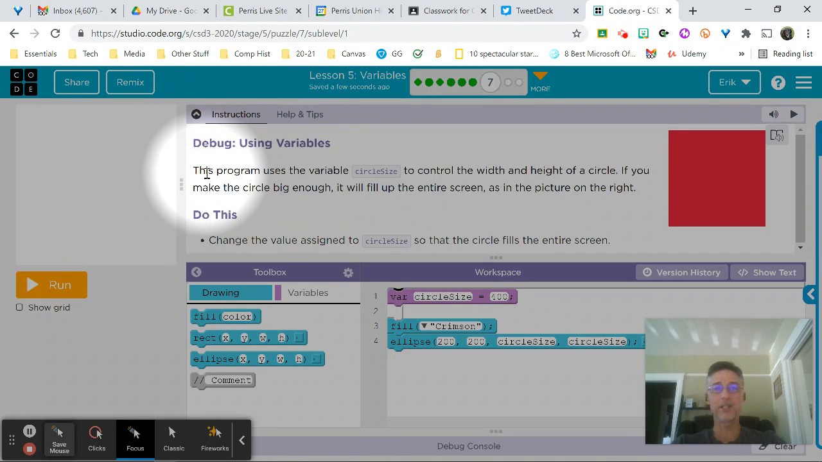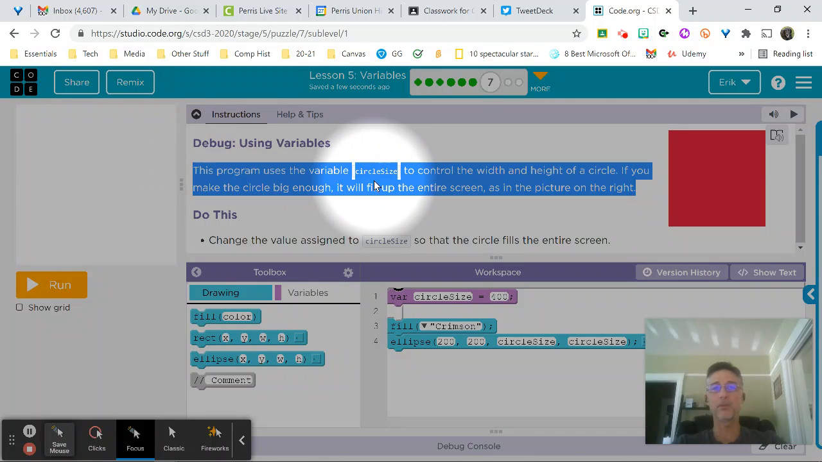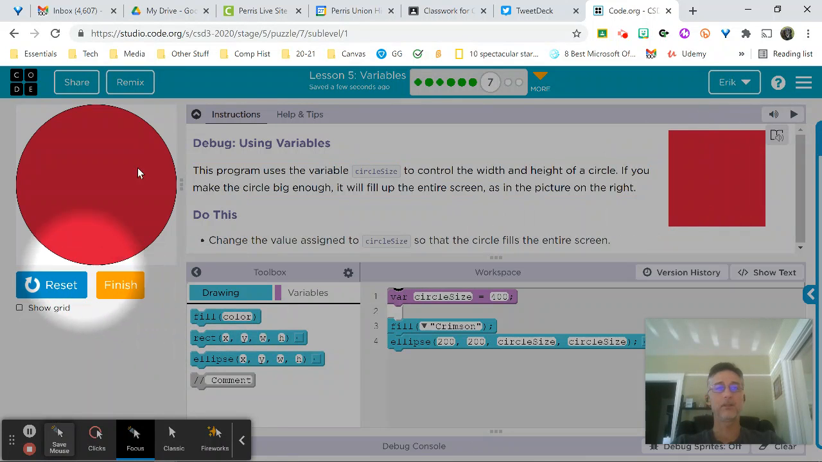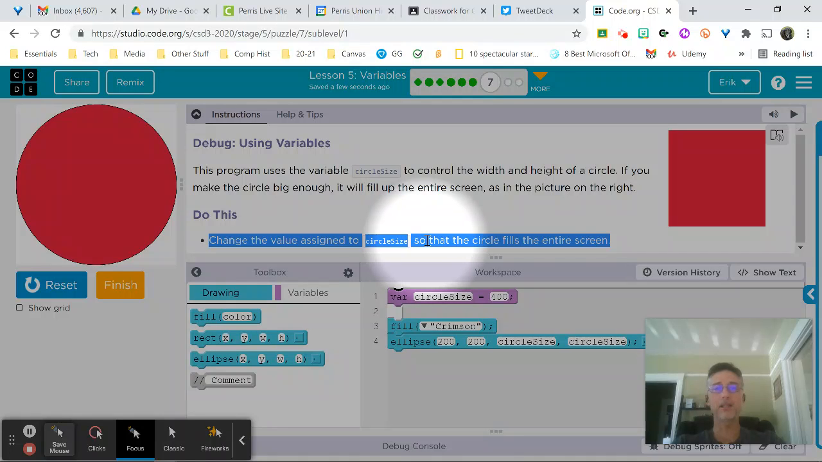So it says this program uses the variable circle size to control the width and height of the circle. If you make the circle big enough, it will fill up the entire screen as in the picture on the right. So let's check out what we got. We've got a circle, it's pretty big, but it's not filling the display area from corner to corner. So it says, change the value assigned to the circle size variable so that the circle fills the